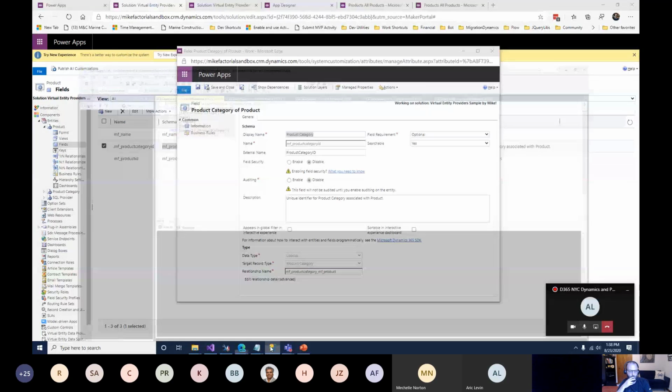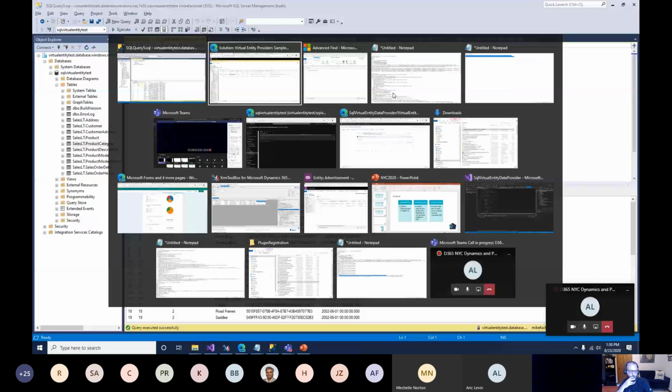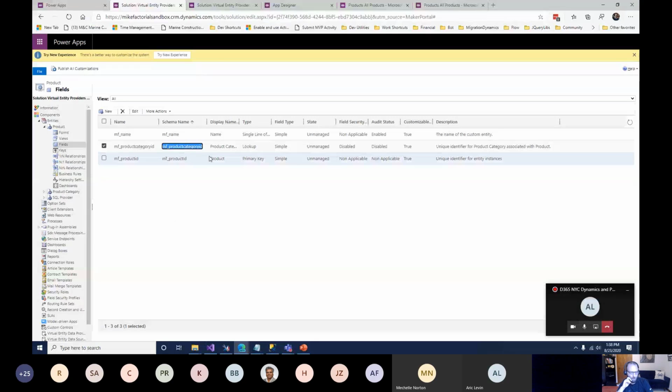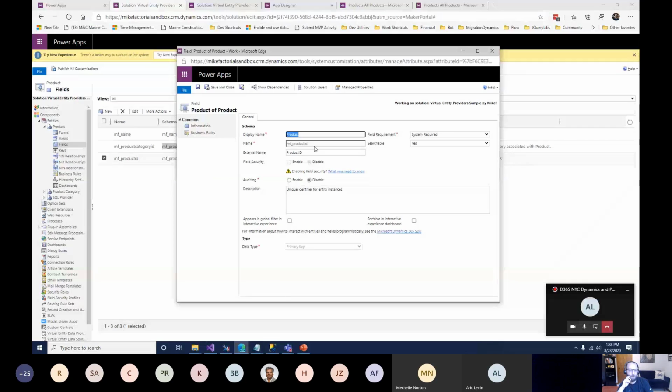We're pulling that from the product table. And then we also have a lookup to product category. That is the lookup. There's also the product ID, which is pulling from